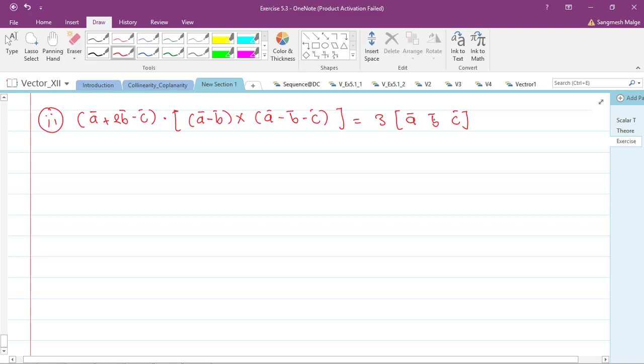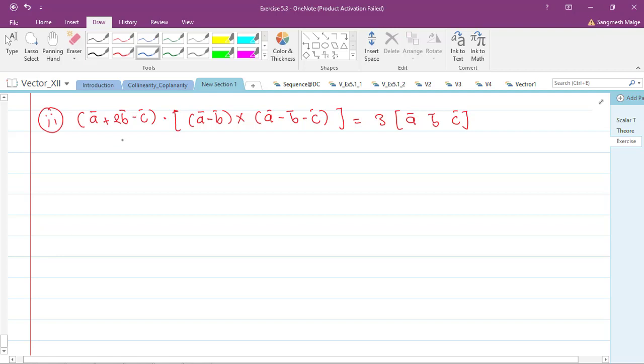See, I know the questions are a bit lengthy and include so many calculations. But just because of that you cannot skip this topic. As I have already told you, if you know the dot product and cross product, that's more than sufficient to solve these types of questions. Okay, so let's see how I can solve this question.